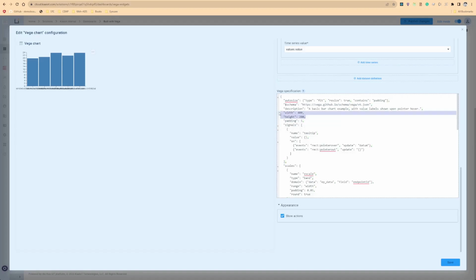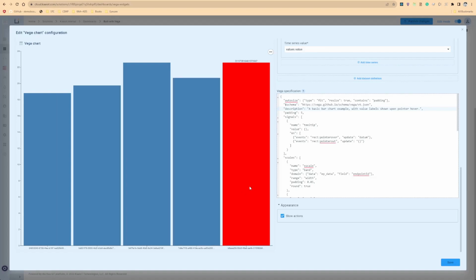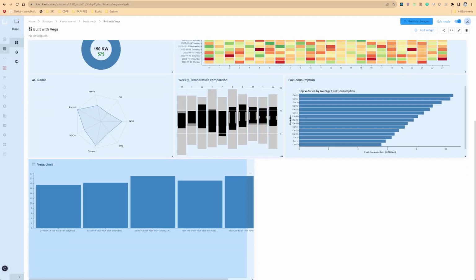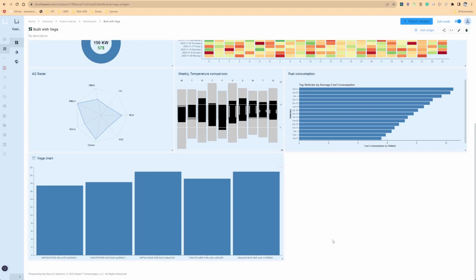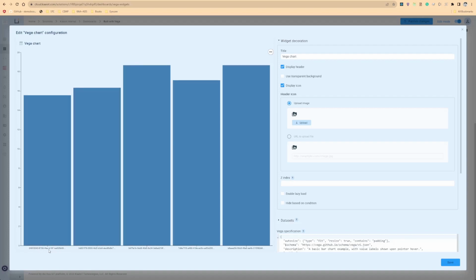And now we can go and remove this and height, and we have our chart. And if you can see, when we are covering it, it shows the text here. So if we go hit save, we have our bar chart, which is automatically resizable and responsive. So now let's say I don't really like to show this endpoint ID and I want to show the name